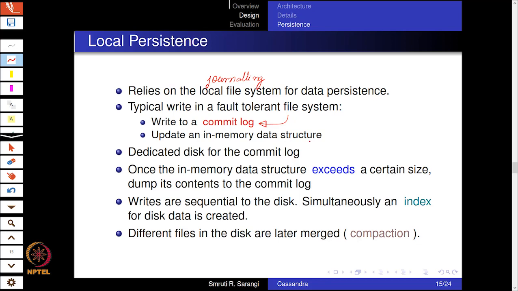Furthermore, it is possible that this commit log will regularly be persisted to the disk, and we can have a dedicated disk or a dedicated non-volatile memory for the commit log. Once this in-memory data structure exceeds a certain size, we simply dump the contents to the commit log, which means that from the commit log, we actually change the underlying file system. Right? So the commit log is kind of like a cache in the file system, and it is ordered sequentially. So writes are sequentially made to the disk,